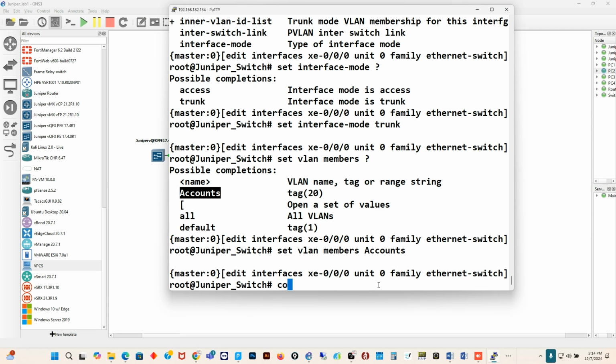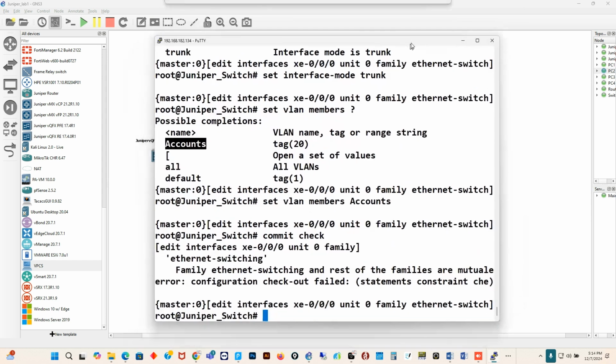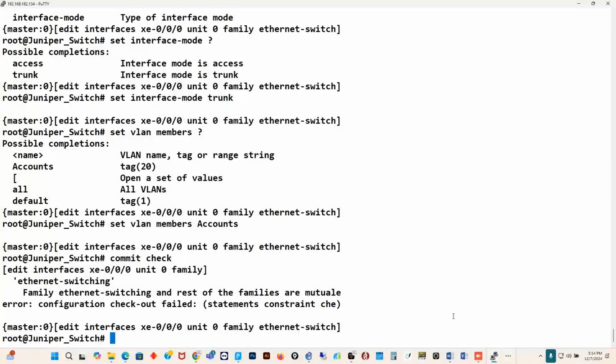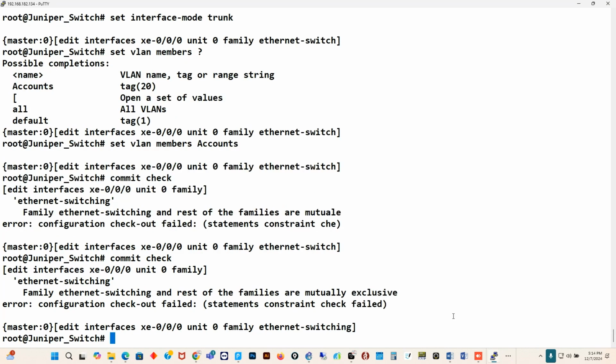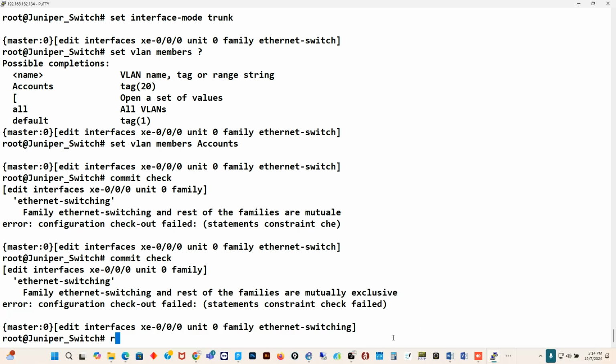But I'm going to show you one of the issues that we have under Juniper. Now, when I do commit and check, we are going to have an error. And let me make it bigger so that you see the error. If I do commit and check, it says that the family ethernet-switching and the rest of the families are mutually exclusive. You can't have both of them running at the same time. So right now, if you do show configuration,